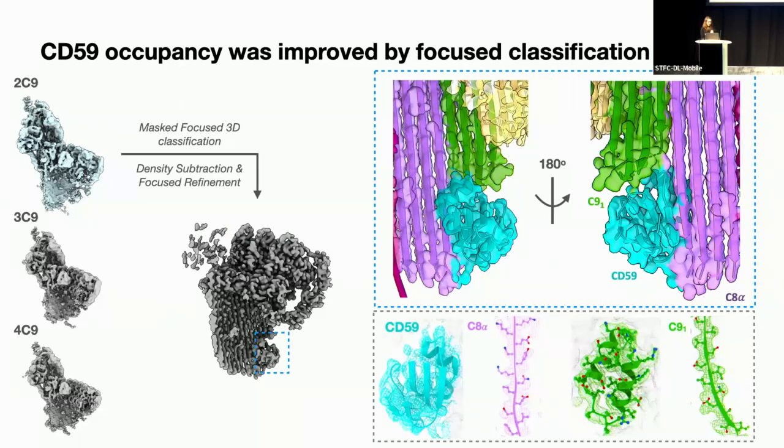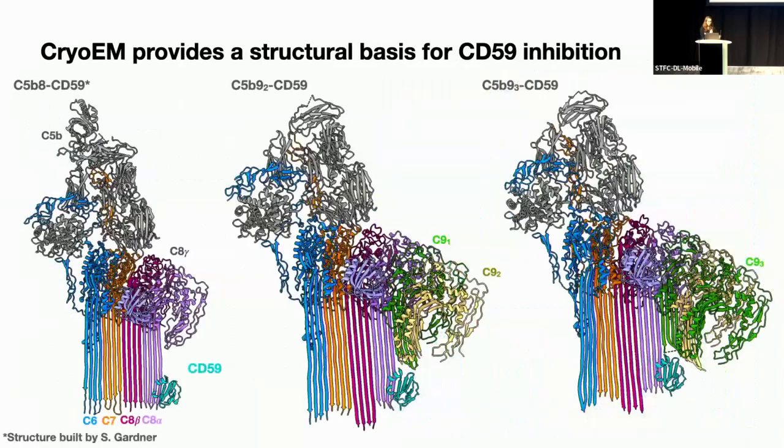And from here, we can build near complete atomic models of these 3 out of 4 of our structures, including the C5b8 structure, which is from a different data set and was actually solved by one of the other postdocs in our lab, Scott Gardner. So from here,